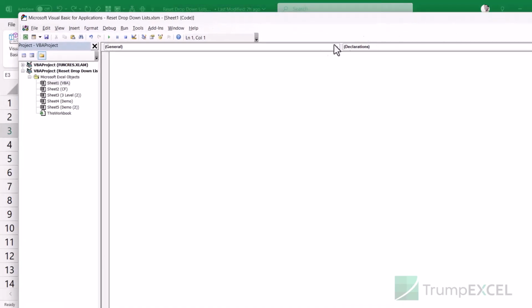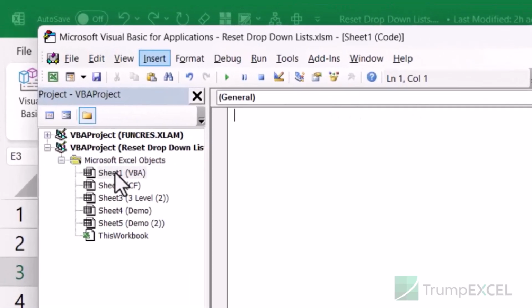Now within the Visual Basic editor, in most cases what we usually do is go to the insert option and then click on a module. But we are not going to do that in this case, because what we are going to use is an event, which means that whenever there is a change in the cell, somehow VBA needs to notice it and then run a code. So to do that, I'm going to first go into the sheet where I have the